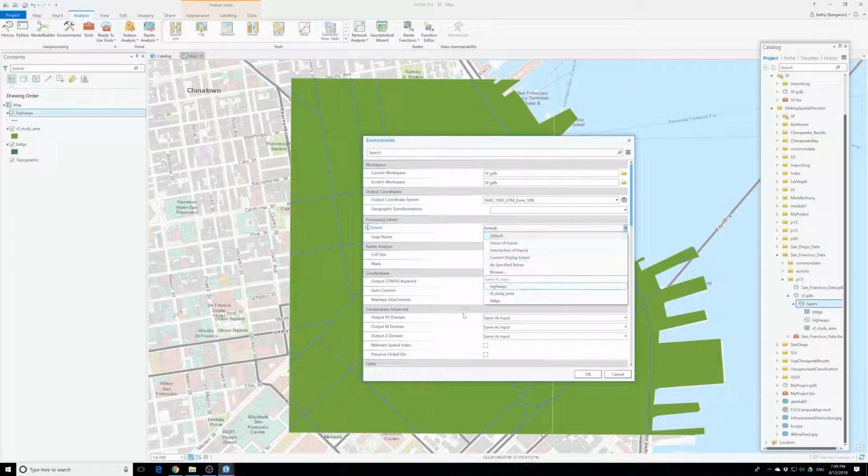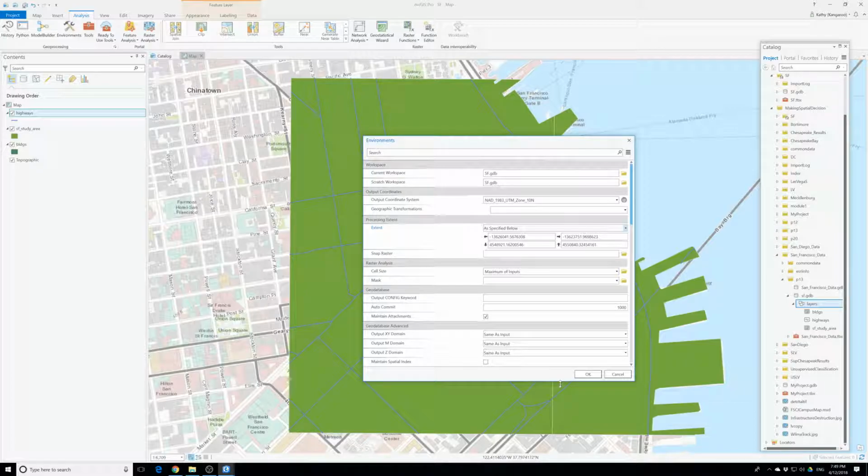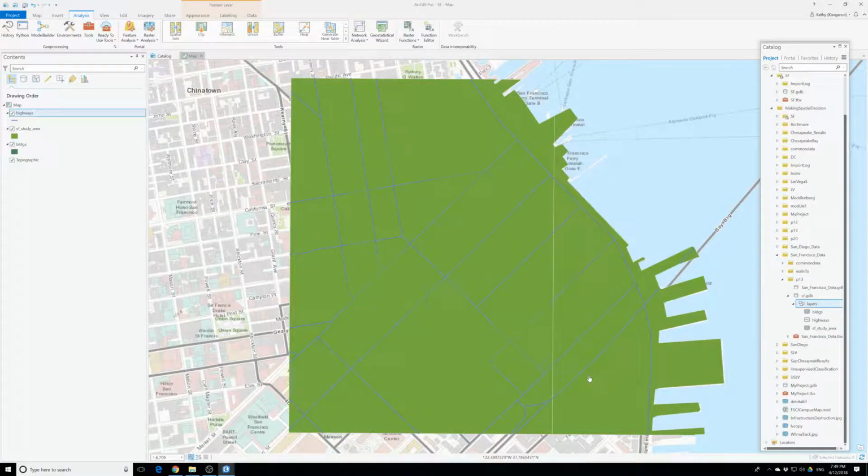Extent, it will be the San Francisco study area. The process summary that we're going to create lists the steps we need to do for the analysis. It is important because it will allow us or others to reproduce the work. We suggest using a simple text document for the process summary